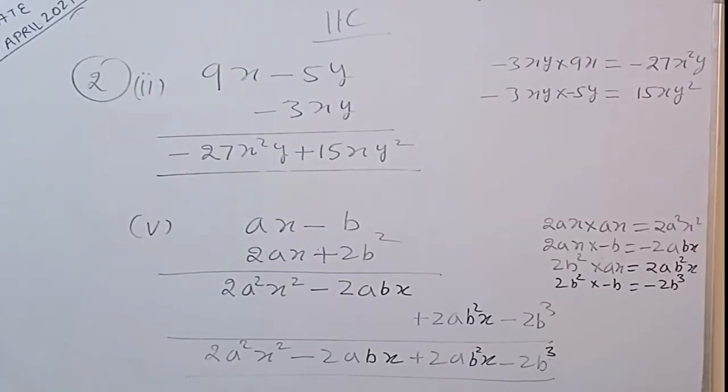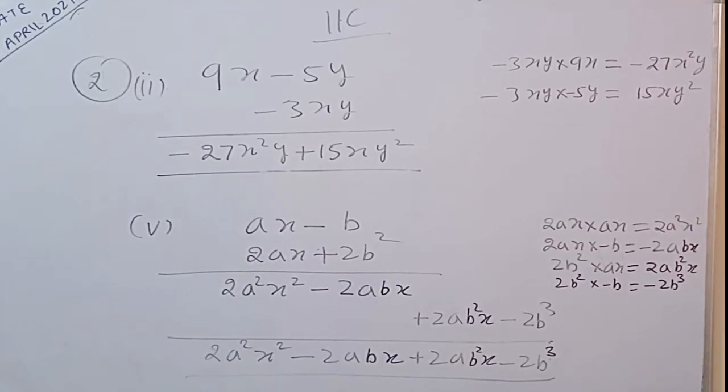Children, I am taking question number 2, second part, in which we have to multiply 9xy minus 5y to minus 3xy. So first we will multiply minus 3xy to 9x, I have written here. Minus 3xy into 9x will give minus 27x square y. Minus 3xy will multiply to minus 5y. Minus 3xy multiplied by minus 5y will give 3 5s are 15, x as it is, y and y multiplied together will give y square. So we will get minus 27x square y plus 15xy square as the answer of this question number 2,